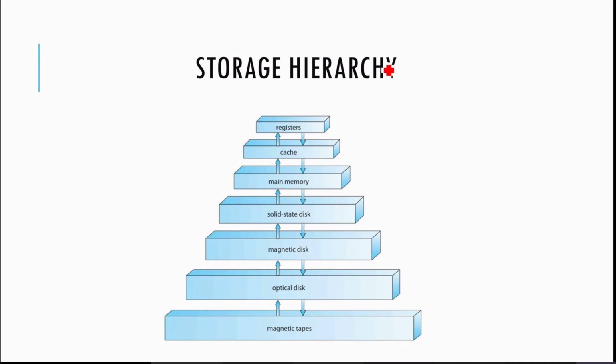Okay, coming to the storage hierarchy. So what is memory? Memory is a device which stores data. For storage purposes we use this memory. And why do we store? After storing the data, we can retrieve it later on. Temporarily or permanently we can keep the data, and we can run the program in the memory. So this space we require, which we call the memory. There is a hierarchy you can see here.